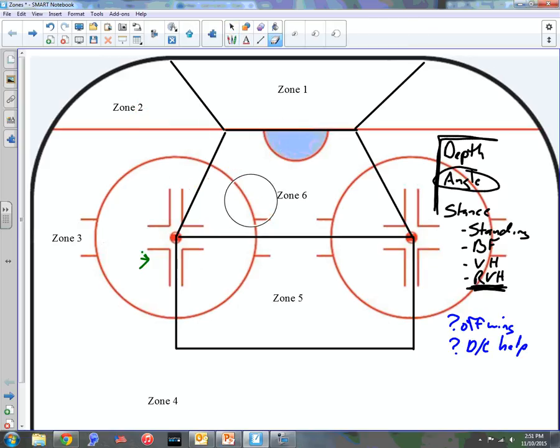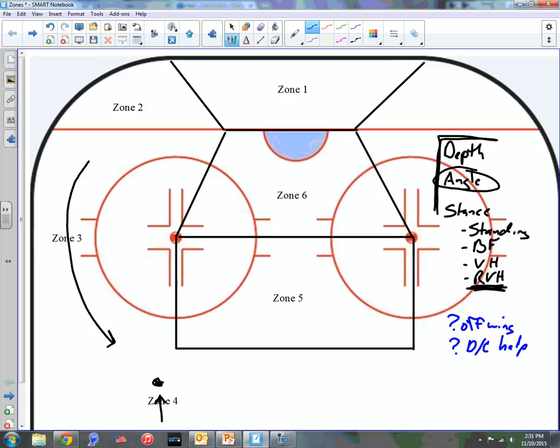Zone 4 is typically going to be a situation where we've got either a zone entry where they're coming in, or that puck somehow cycled back up top. Well, this is where there's no reason to be in a VH. There's no reason to be in a butterfly. There's no reason to be in a reverse because this person is out, and we want to have enough depth, and you have to find your comfort level on depth.